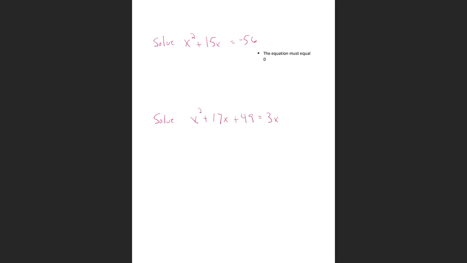And solving this quadratic equation, because again, I see the quadratic term, it still has to be set equal to 0. So by getting rid of the negative 56 with the positive 56, I can add that to both sides. But notice how it's not a like term to those two, so I just kind of offset it just a little bit. So remember, when we bring this down, we want it to be from the quadratic term to the linear term to the constant. So the correct order there would be this x squared plus this 15x plus this 56